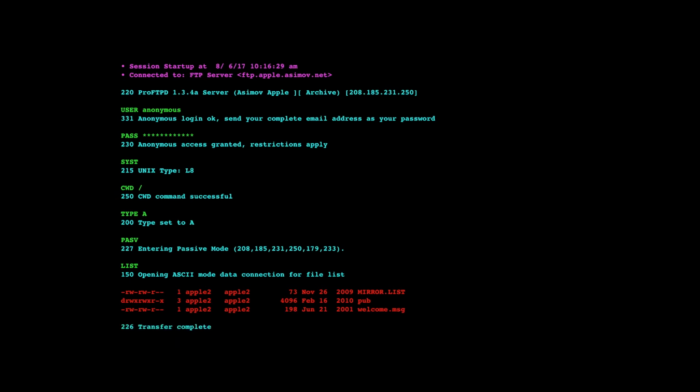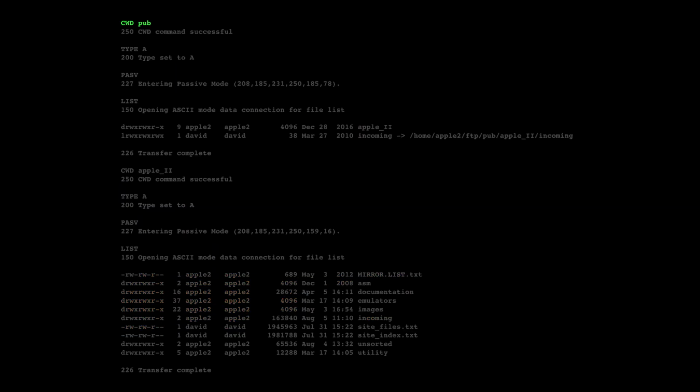And we can then get another response from the command port saying transfer complete. That's brought us to the top level directory. Let's move down. So we saw on the example that the next directory down was pub, so we'll do CWD pub. There we are, and again we'll go through the same process, listing that directory. And that comes back, and that shows us that there is a directory called Apple II. So let's go to that one, CWD Apple II,